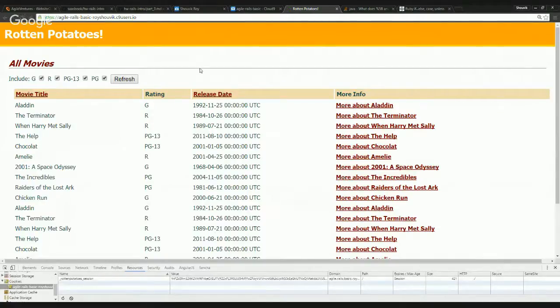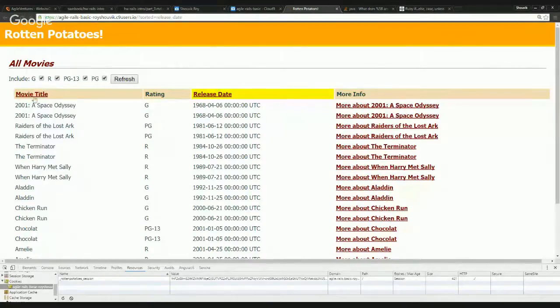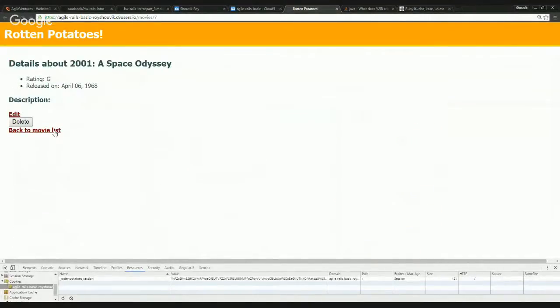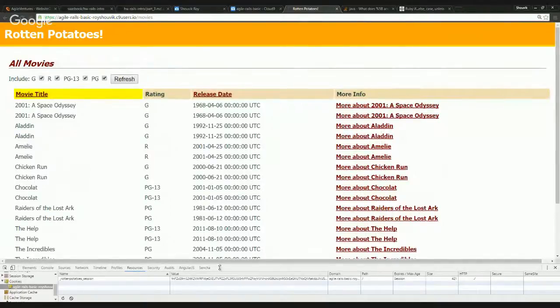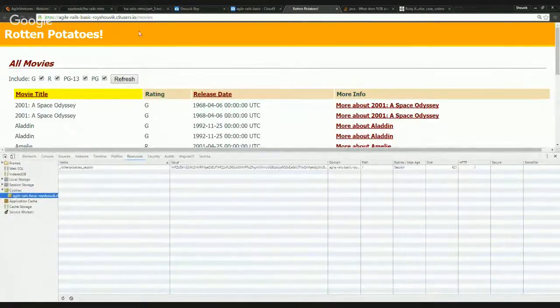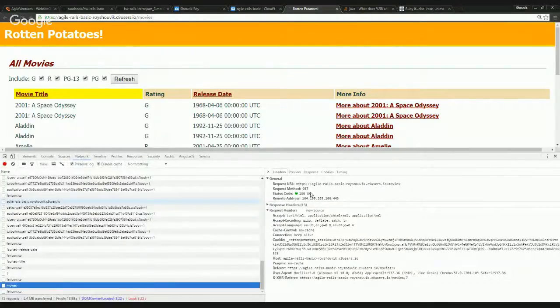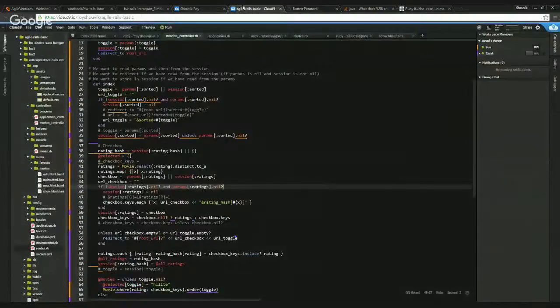Okay. So I click on release date. It works fine. Click on movie title. Fine. Go to another page. Back to movie list. No. There's no redirection going on. So this didn't redirect. This should have redirected to movie title, sorted title. Maybe there's something confusing, I guess what's happening is that